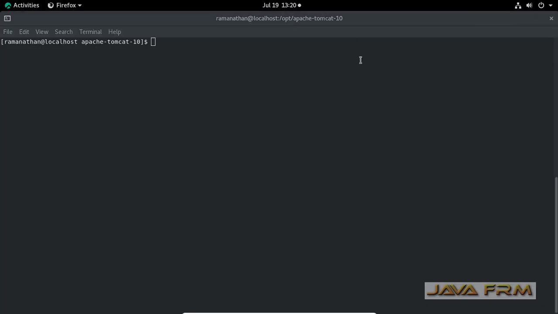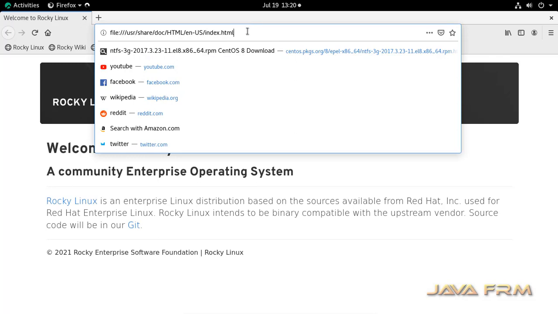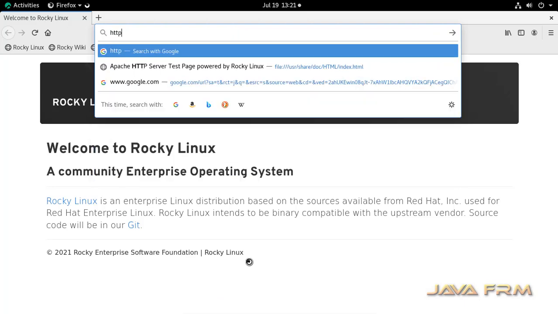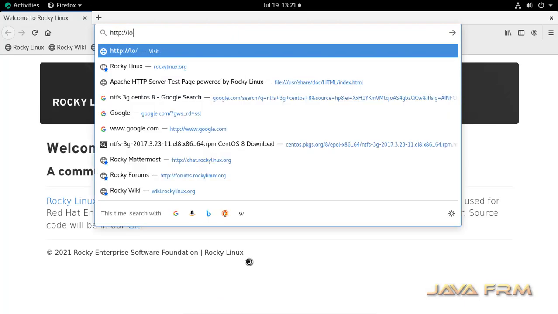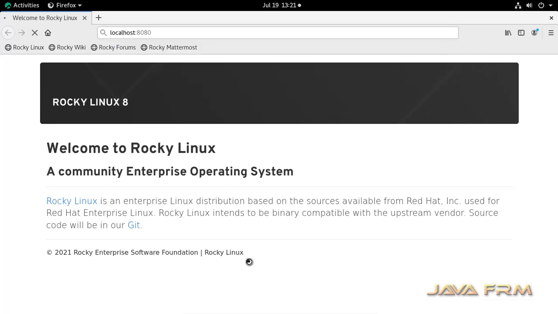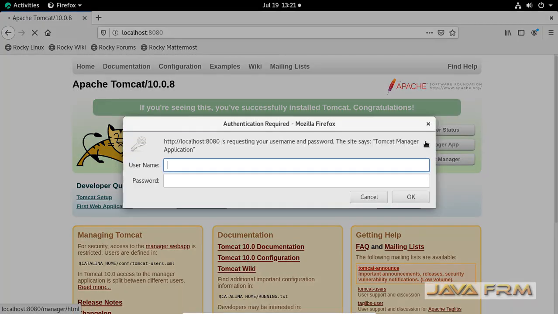Now let me open the browser. In the browser, I am going to type http://localhost:8080. Yes. Now I am going to check the manager app.